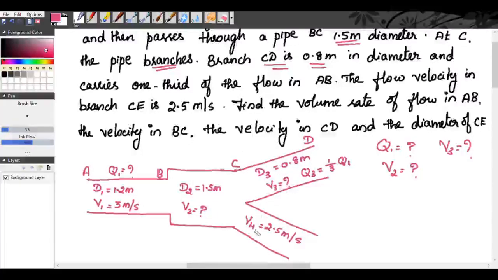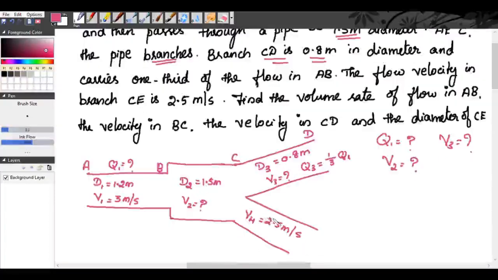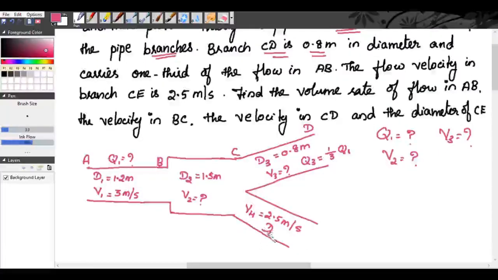The velocity in CD, that is V3, and the diameter of CE. CE means here, that is D4. We need to find D4. So 4 things we need to find. So how will we solve this problem? So first,